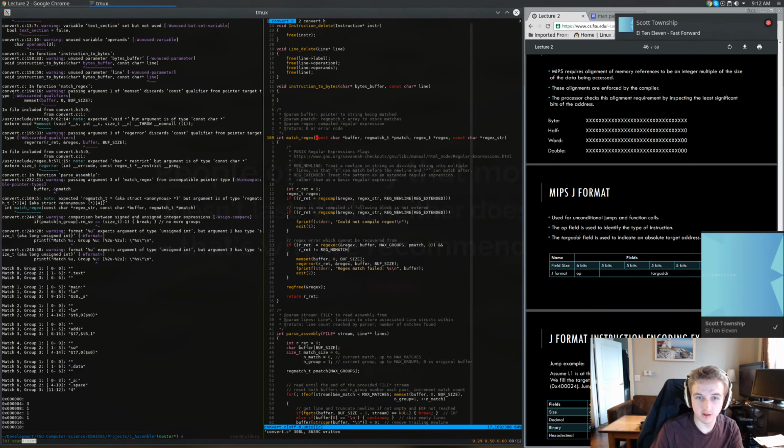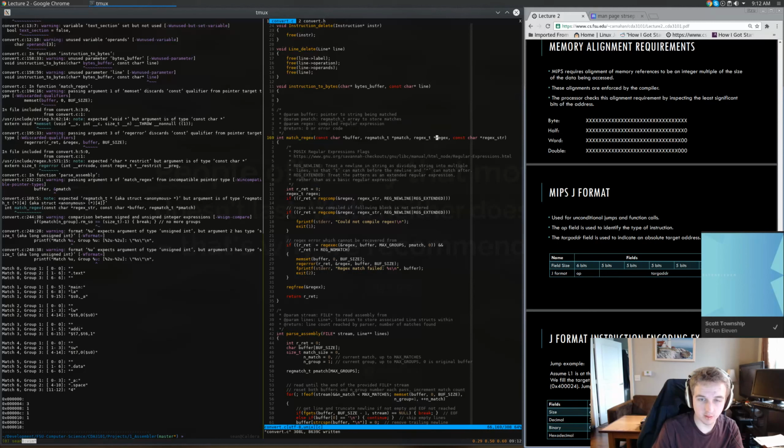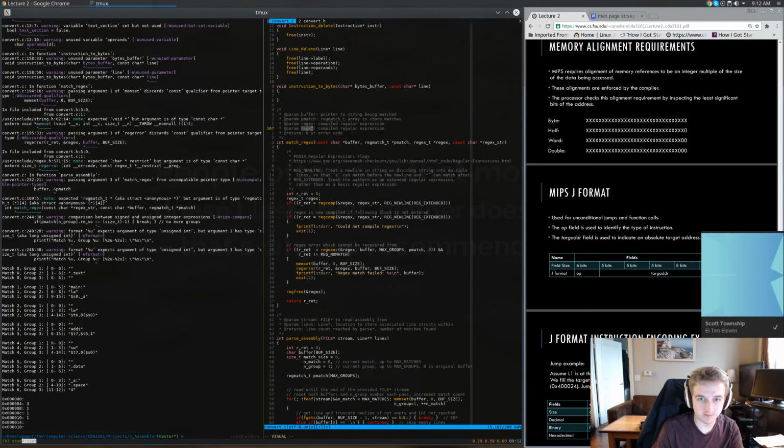Alright. Non-scalar buffer, what to match the pointer to this, pointer to that. Alright, so match. So regular